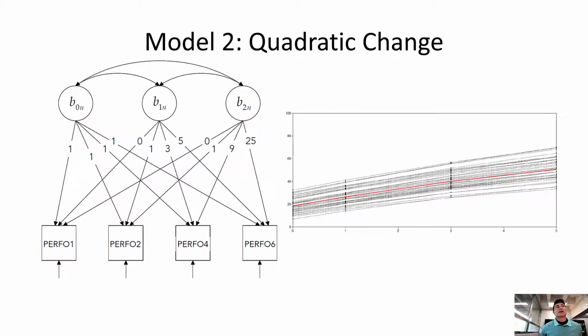So when we create this model, and I create the individual trajectories using that plot, we see that there is a little bit of a different slope at the beginning, and it sort of levels off. I didn't put the model fit in here, but it's a little bit better of a fit. It fits the trajectory better. So that's good. It also is a little bit more complicated to talk about. It's much easier to talk about linear patterns, but to talk about quadratic change is a little bit more difficult.